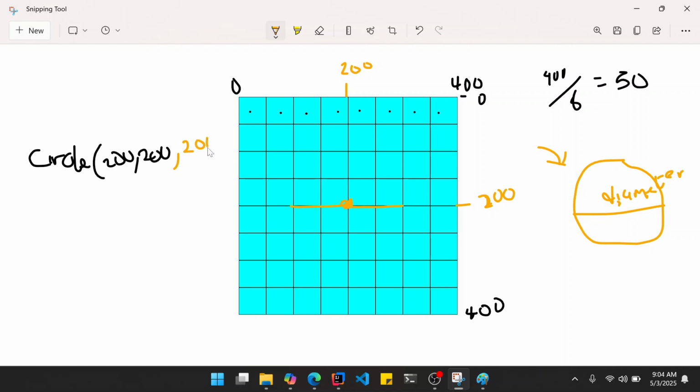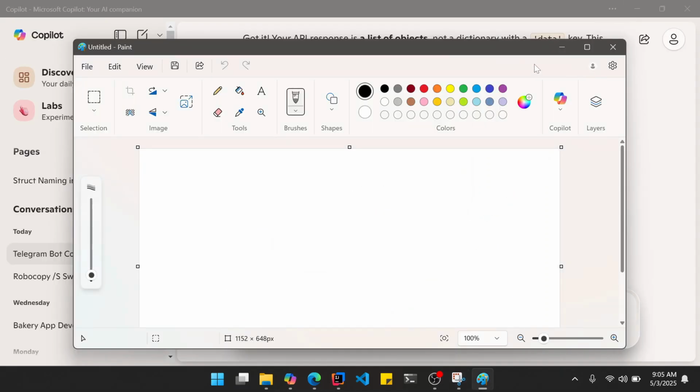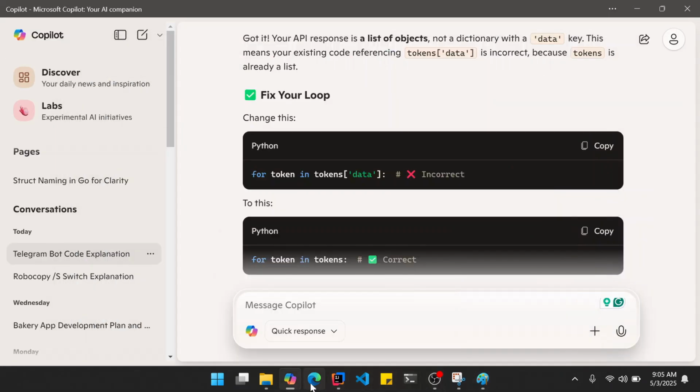So if the diameter is 200, so that is 50, 50, 50, 50. That is 100. So that means this cycle is going to be somewhere like this. See? Let's check that. So we can write that in the code now. Let's go back to our